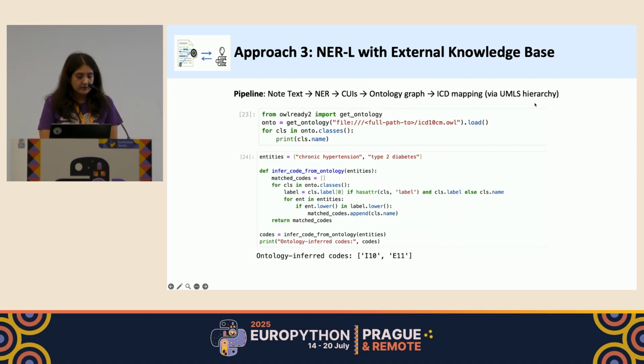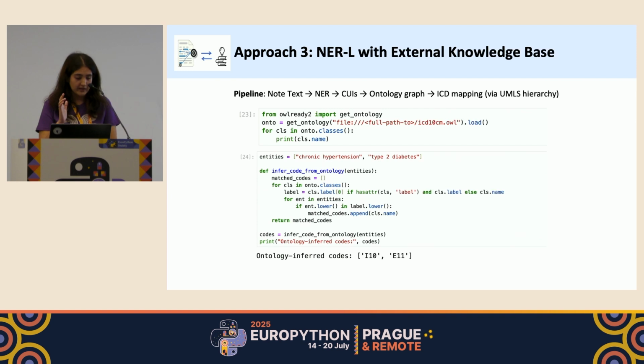Now here, if you look at the pipeline, it starts with the note text. It then goes through an NER model, and then there is a linker. Then it would run an ontology graph where you would get an ICD mapping via the UMLS hierarchy that I just showed. It is often a lot of calls back and forth with the UMLS DB, just trying to understand if the relation makes sense or not. There are some additional steps that are required here. It's not as straightforward as it looks here. But this is more or less what can be used if somebody is interested in implementing an NERL with external